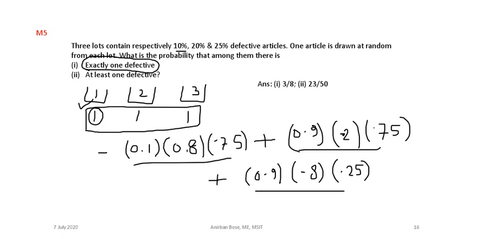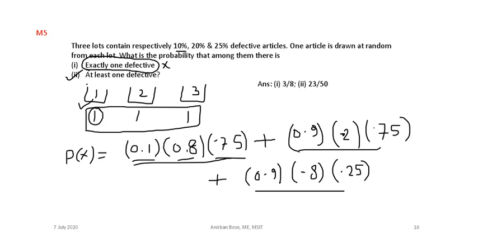Okay, so if you add them up, you will get the probability of the first event. So this is the answer of the first problem, if we consider this event as x. Okay, now here also, basically why have we simply multiplied these probabilities? Because we have considered all these events to be independent, and that is why their intersection, that means these things happening, are independent. So intersections become multiplied when we calculate the probabilities.